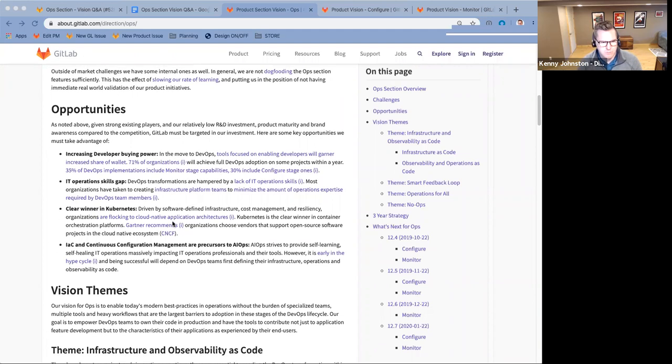We have some consolidation in how people do operations because of the adoption of Kubernetes. We were an early adopter of Kubernetes, and we frequently hear this quote that GitLab is the most common way to deploy to Kubernetes because we make it very easy and integrated. And that means that if we lean into that, we can continue our lead in the operations space as well.